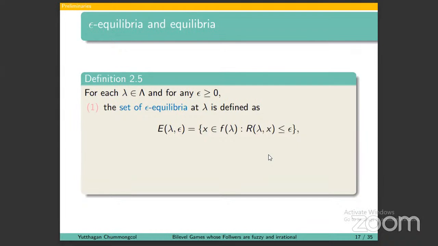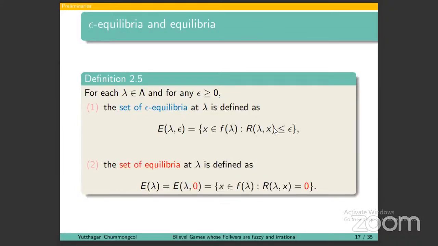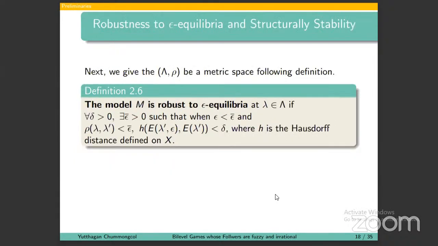The set of epsilon equilibria is defined as E of lambda and epsilon equal to the set defined by this, and the set of equilibria is the set of epsilon equilibria at epsilon equal to 0, and R of lambda and x is the full rationality function. Next we give the following definition, where capital Lambda and rho are a metric space. Definition 2.6 says the model M is robust to epsilon equilibrium